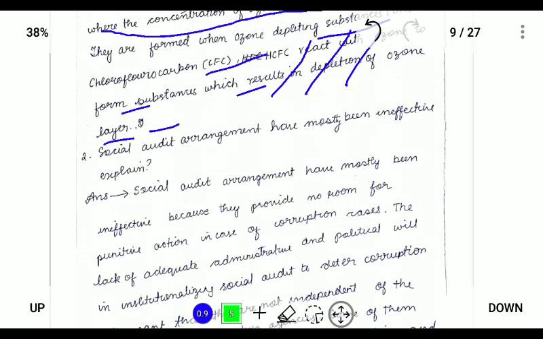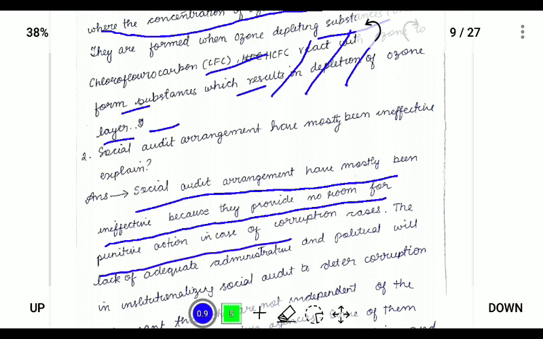Social audit arrangement has mostly been ineffective. Explain. So, social audit arrangement has mostly been ineffective because they provide no room for punitive action in case of corruption cases. So, social audit means auditing of various social issues, and these are ineffective because they do not cause